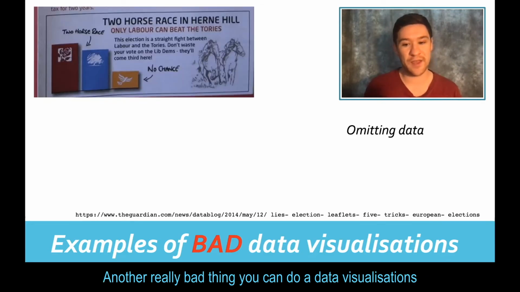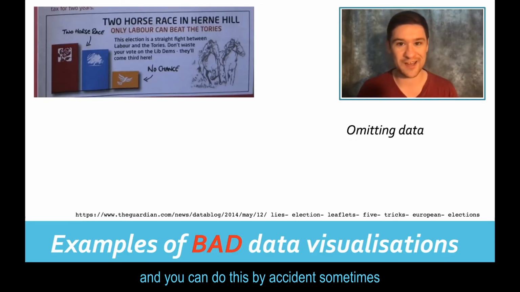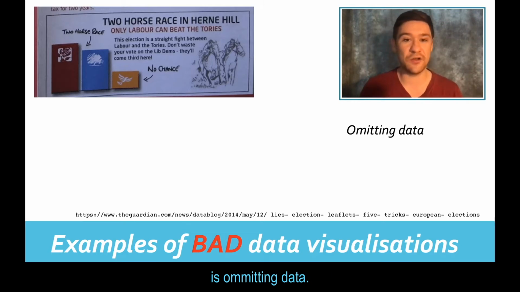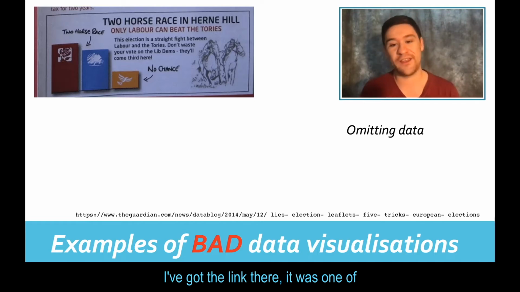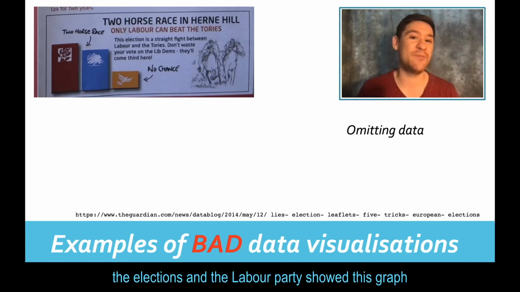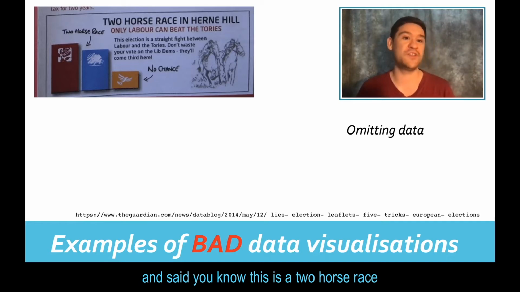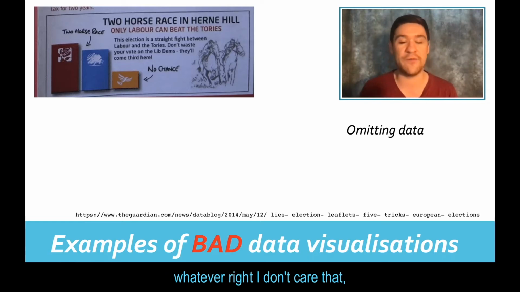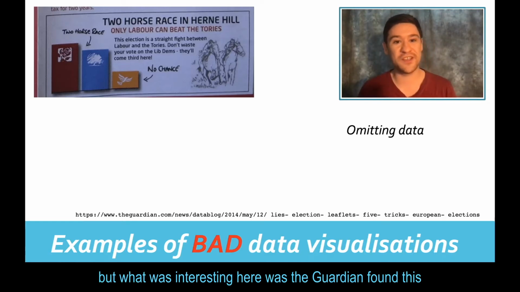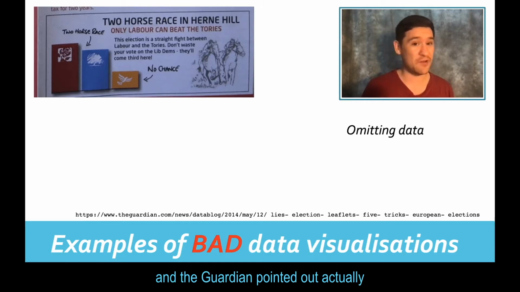Another really bad thing you can do with data visualizations, and you can do this by accident sometimes, is omitting data. So here's a graph that appeared in one of the elections, I've got the link there, and the Labour Party showed this graph and said, no, this is a two-horse race, only the Labour can beat the Tories, whatever, right? I don't care about that. But what was interesting here is The Guardian found this, and The Guardian pointed out, actually,